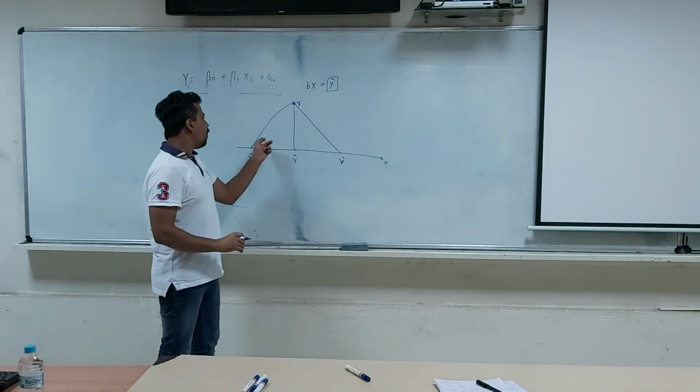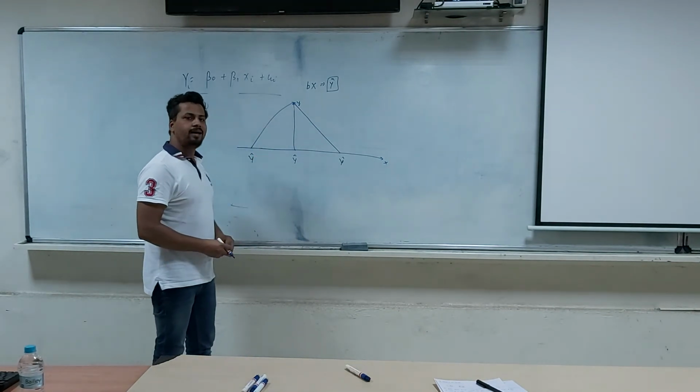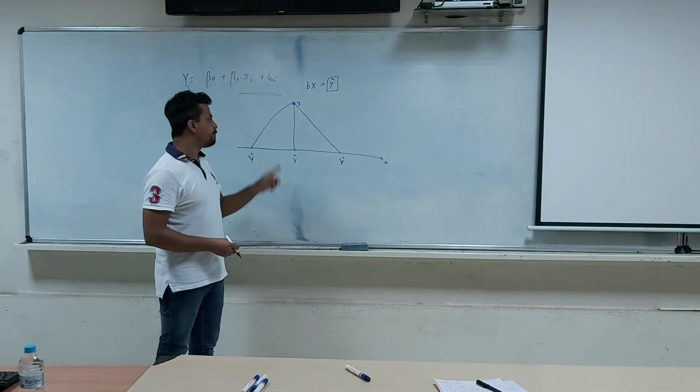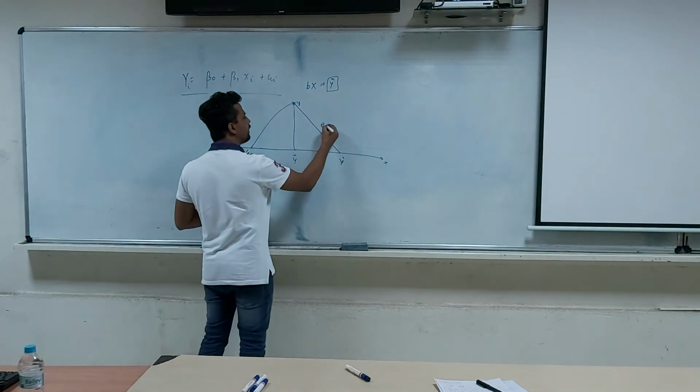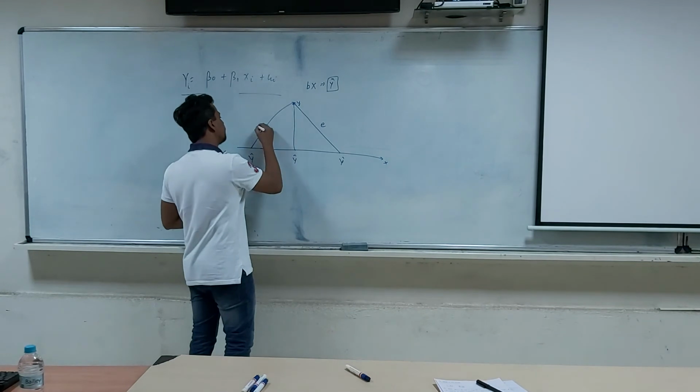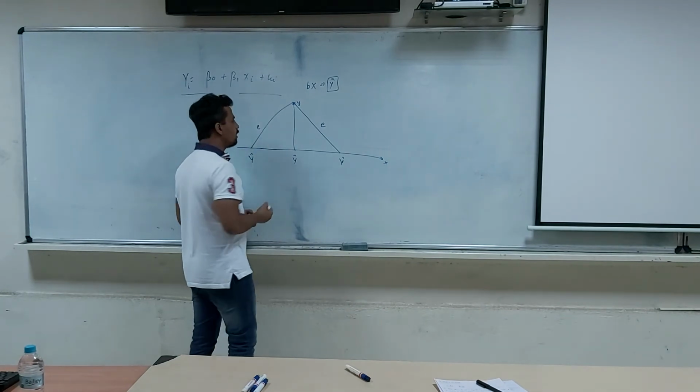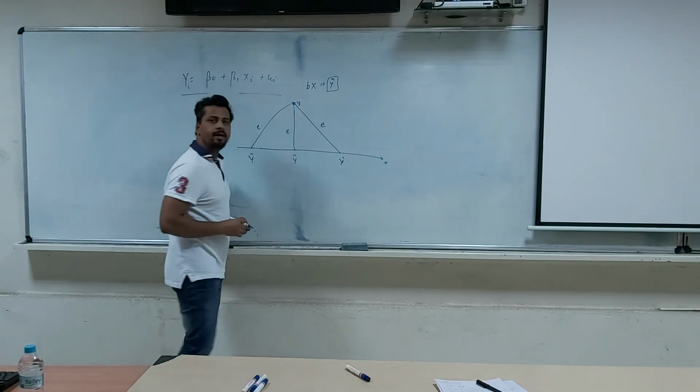Right? Now all of these, they combinedly somehow represent the error term, which we don't know. So again I can say that this can be written as e. This is one type of e. This is also an error, and this also is an error.